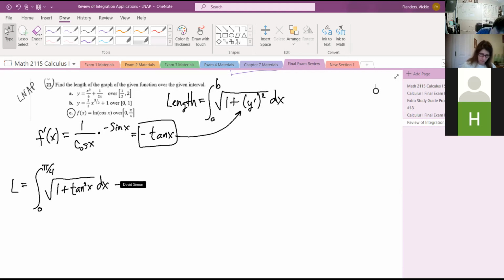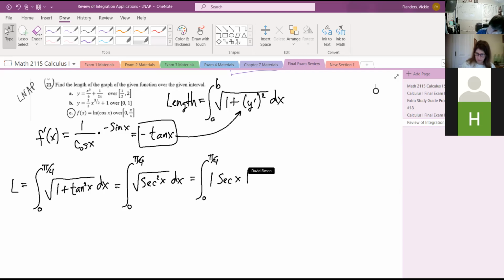Next, I'm going to have to simplify the inside there. I'm just going to remember my old Pythagorean identity, my buddy: 1 plus tangent squared is equal to secant squared. And right here, I have to be a little careful, because the square root of something squared technically should be the absolute value